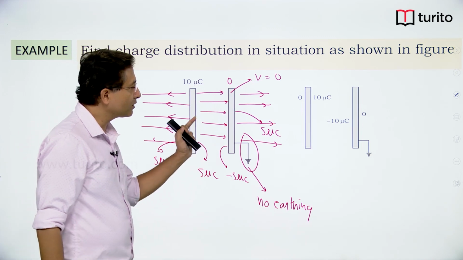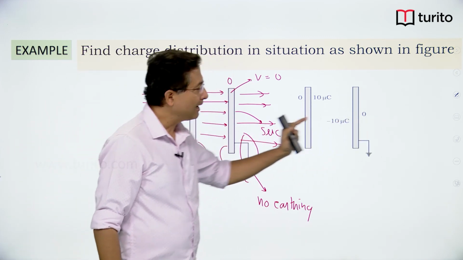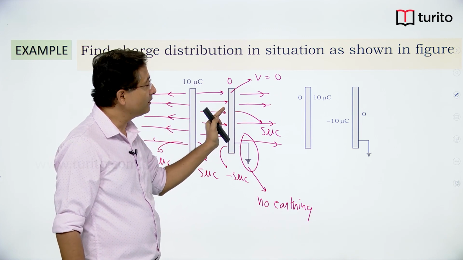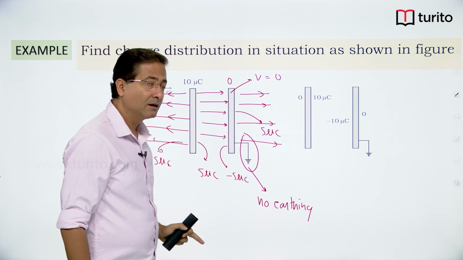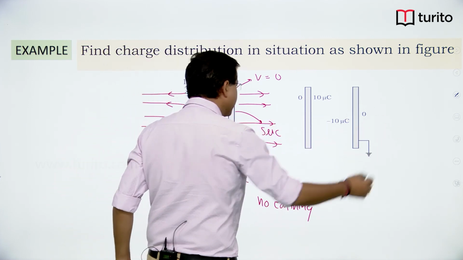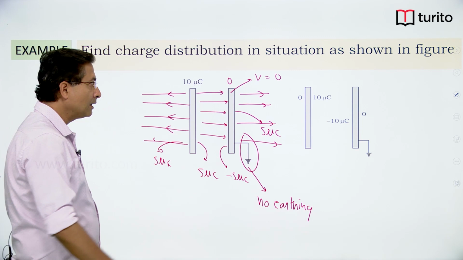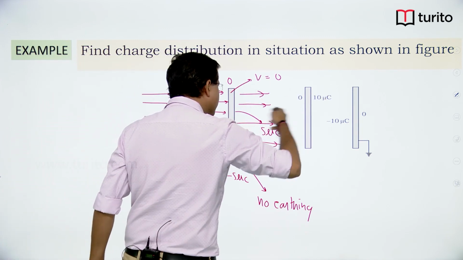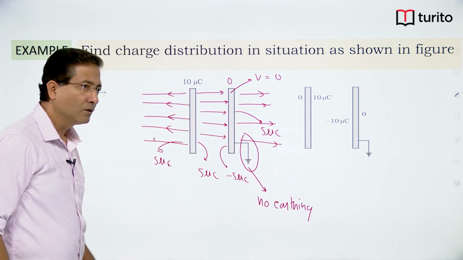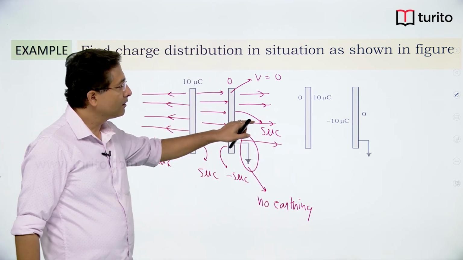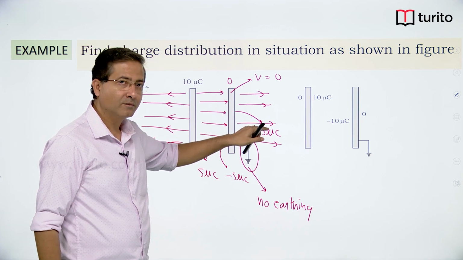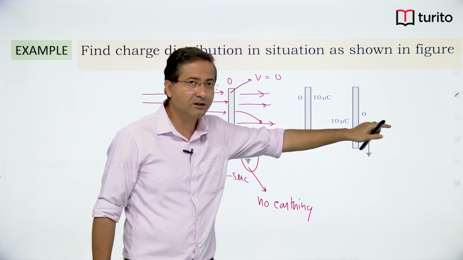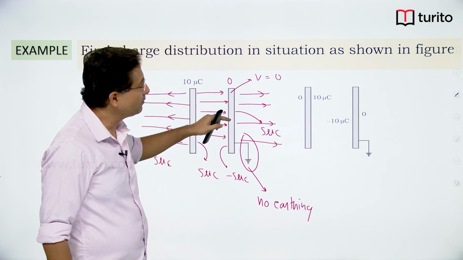right, and the potential as you keep going till infinity, as there is no charge between this plate and infinity, the potential from here which is 0 and infinity which will again be 0, for that to happen there should not be any charge. As we do not have charge, the potential here 0 and infinity 0, that can be possible only when field